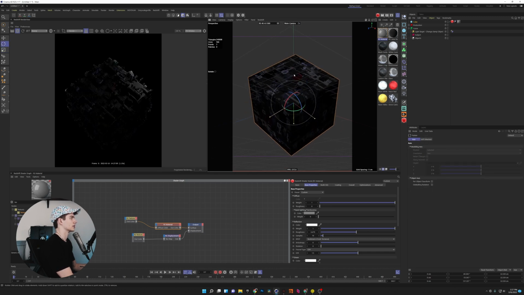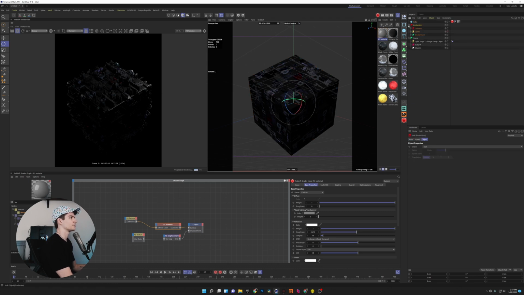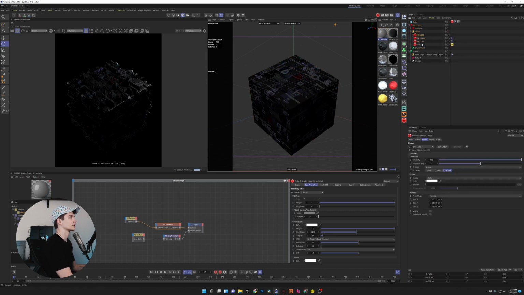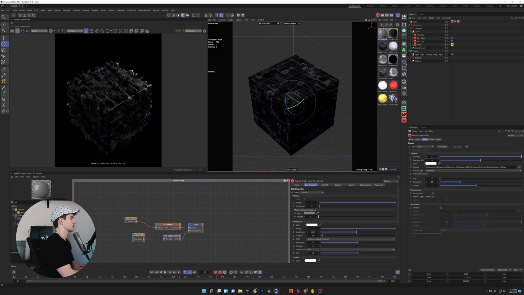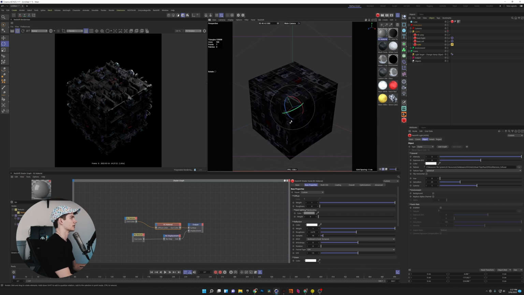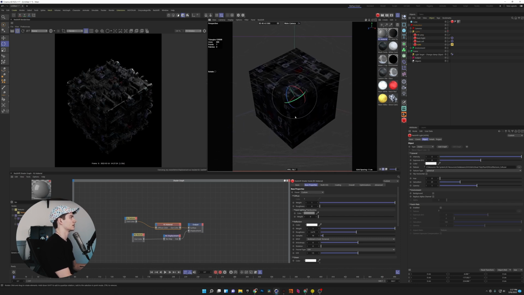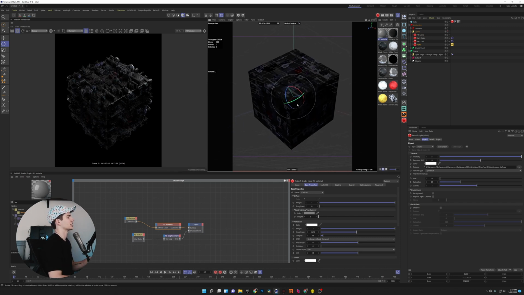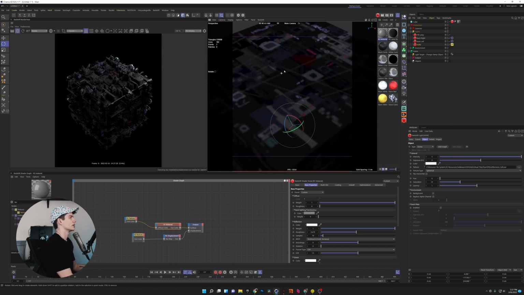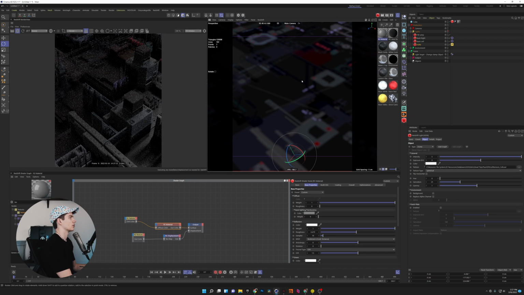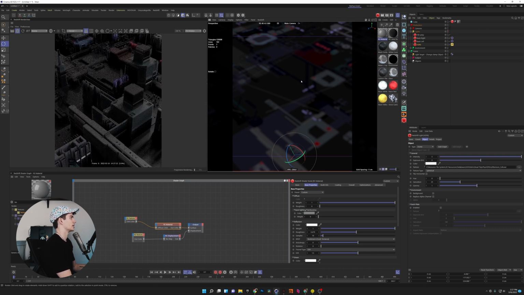You can obviously rotate this to get your own angle, whatever you like. I'm gonna come into my lights, take my fill lamp here, maybe my HDRI, give this some more power, just so we can see what's going on. And then obviously you can add depth of field, do all kinds of crazy stuff, and it's just such a great tool. So I just wanted to do this video as kind of a basic intro to geometry displacement in